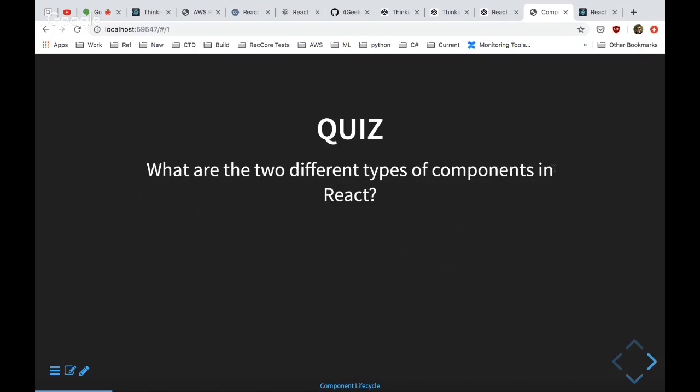And the other one we introduced in the last class very heavily, so. Yep. And functional components and class components. Those are the two different types of components.